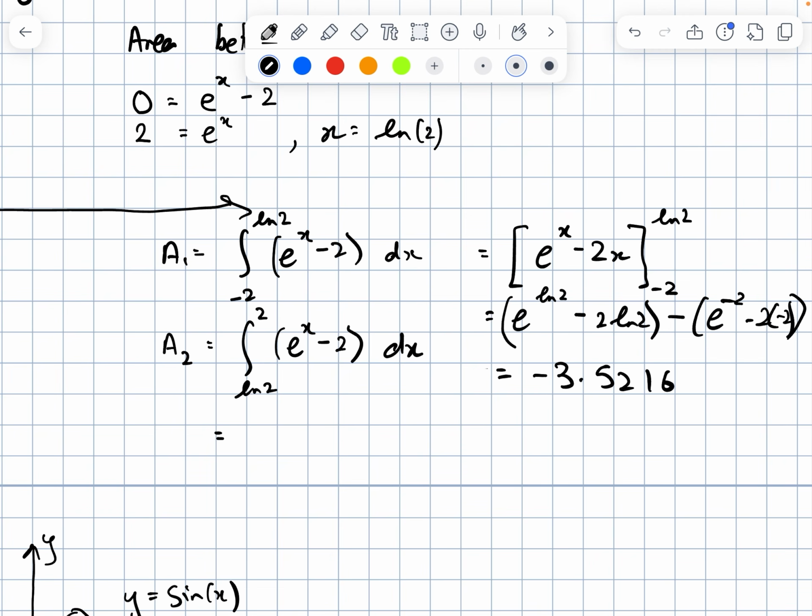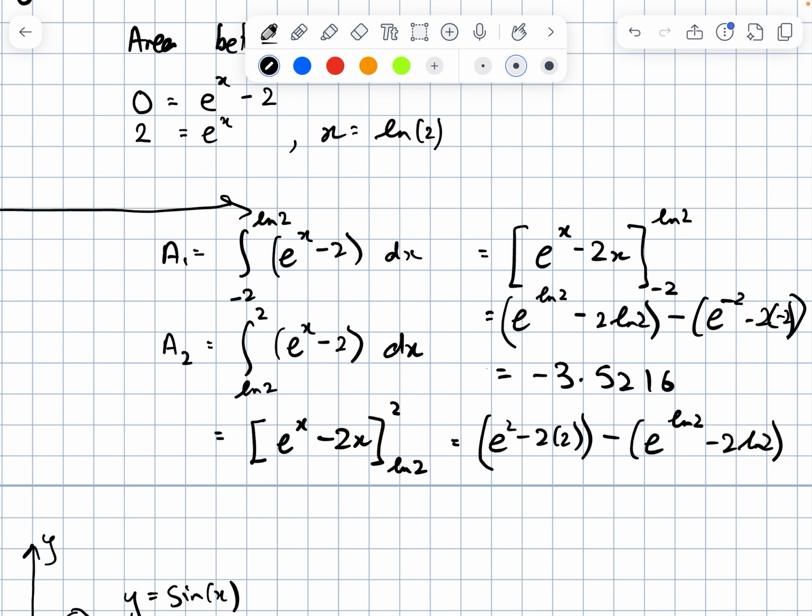The second area is, well, the integration is the same between 2 and ln 2. That gives us e to the power of 2 minus 2 times 2 minus e to the power of ln 2 minus 2 ln 2. That gives us 2.7754,